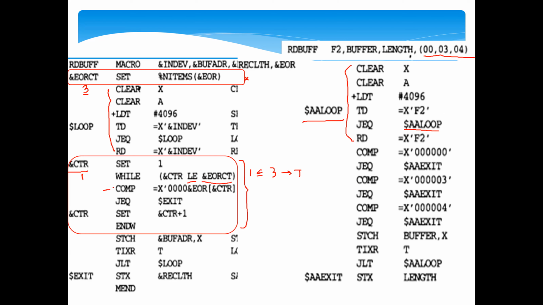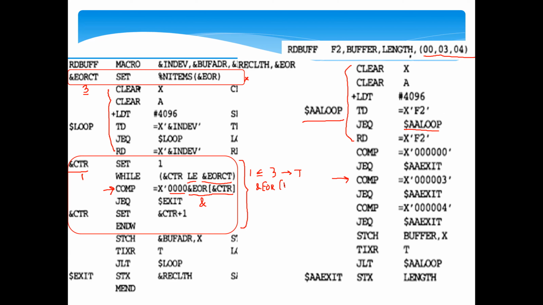In the first iteration, you have a true condition coming, so it will execute the next statement, COMPARE. This COMPARE will be expanded. How is it expanded? &X followed by 4 zeros followed by, okay, this is a tricky part. Just try to understand how this is expanded. You have &EOR(&CTR). You can understand this like an array. In the first iteration, you have &EOR in brackets.